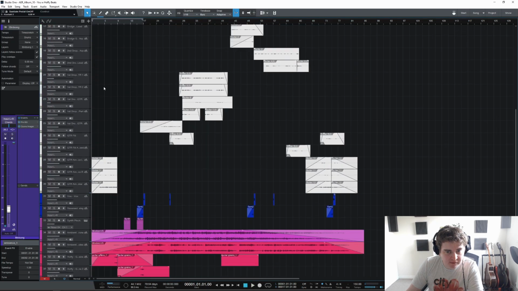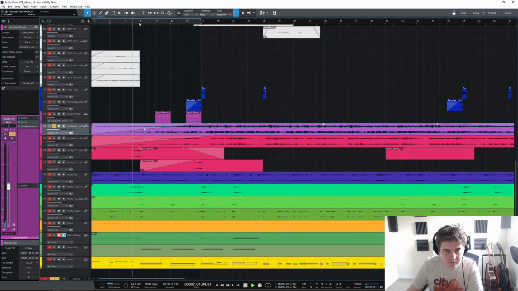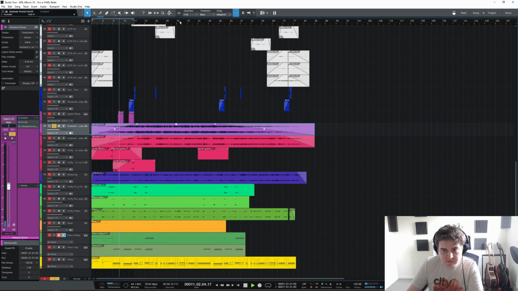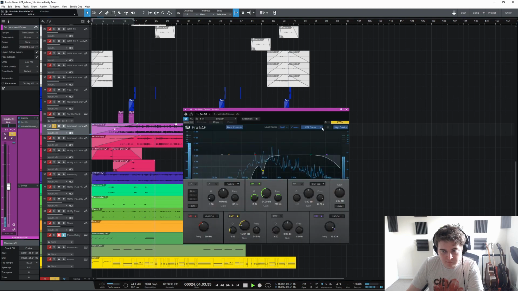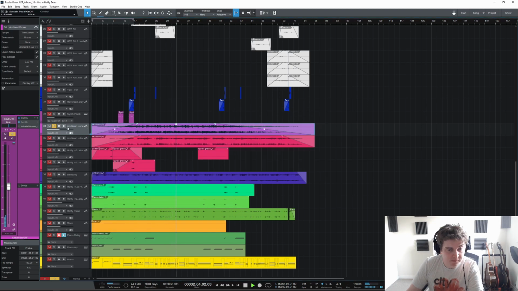Other things that we have in the intro, there are these little drones. These are all bits that I think Hoffy sent through, which have a bit of EQ and then Valhalla Shimmer, so without them. I'm not too sure what that might be actually. I don't know if that was me or if that was Hoffy, but it's there and it sounds cool.